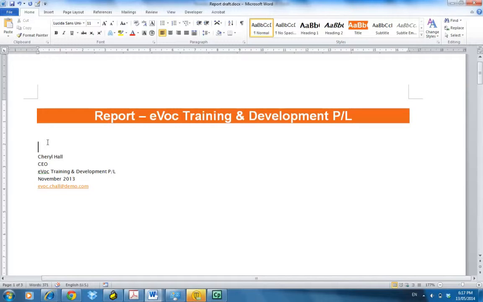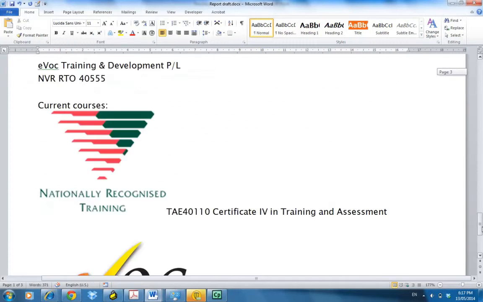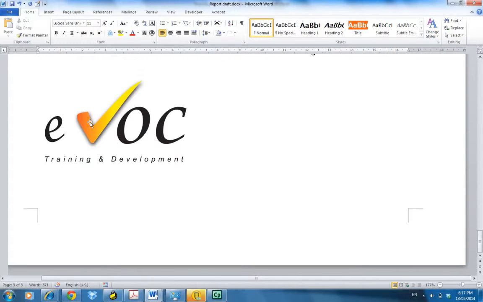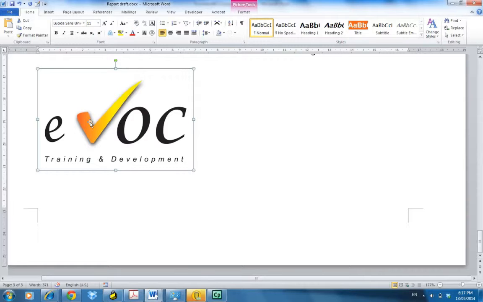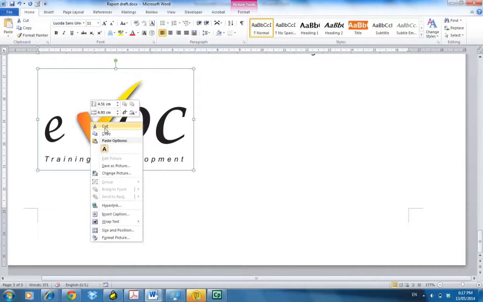Next we're going to bring in a picture, and at the bottom of this draft I've left the Evoke logo. So we'll just scroll now by hitting the left mouse and that scroll key on the right, just bringing it all the way down here to the end of the document, and we're just going to left click on that. You can see it selects it. Right click to cut,